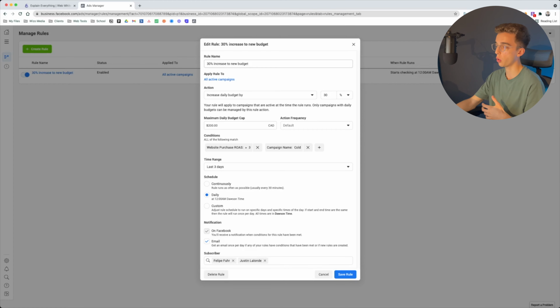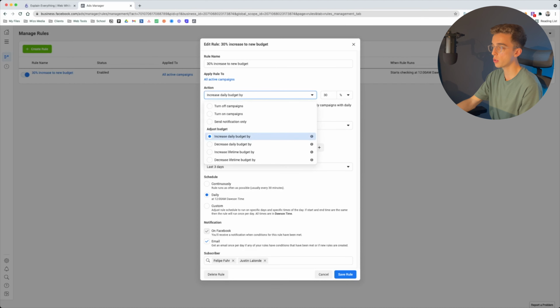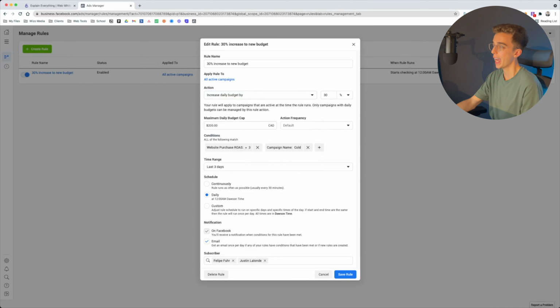So we simply called it what it is. Right now we're trying to increase the budget by 30% every time we hit a certain level. So we apply the rule to all active campaigns. We could have picked a certain campaign, but we do have a couple campaigns we want to be affected by this, which we're still going to narrow down a little later, as you're going to see. So the action that we want to do in this case is increase the daily budget by. In here, Facebook gives you a bunch of options. We could turn off campaigns, turn them on, set a notification, decrease the budget, whatever that is, essentially, as we hit a certain level. So in this case, we picked increasing the daily budget by